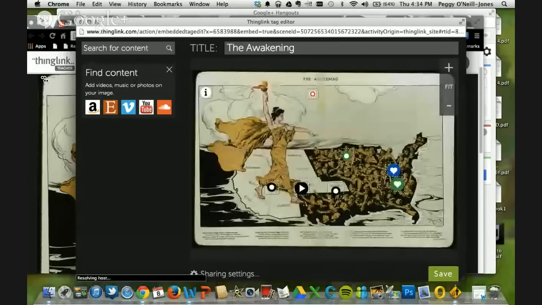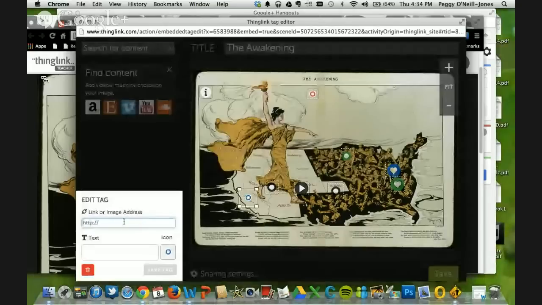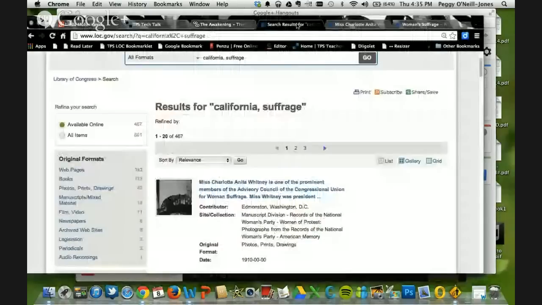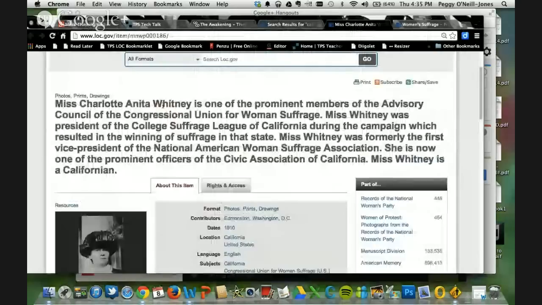There we go. If I wanted to add, for example, a resource on California, I would click there, and then it gives me the box: do I want to add a link and do I want to add text? I went on to the Library of Congress and I searched for suffrage in California. I found this one of Miss Charlotte Whitney. What I would do is I would copy it, and then I would add the